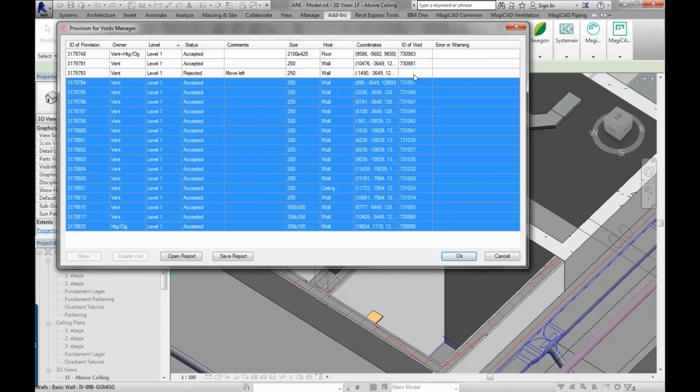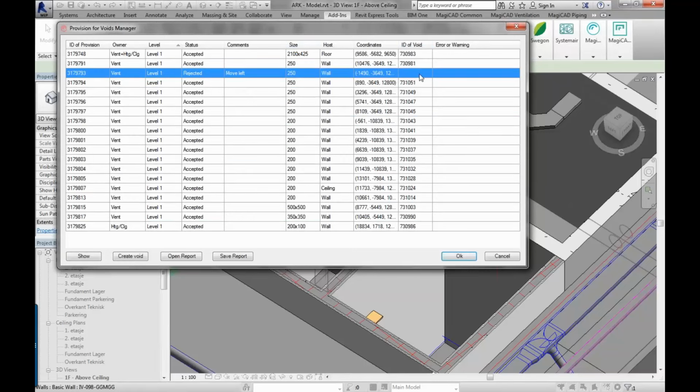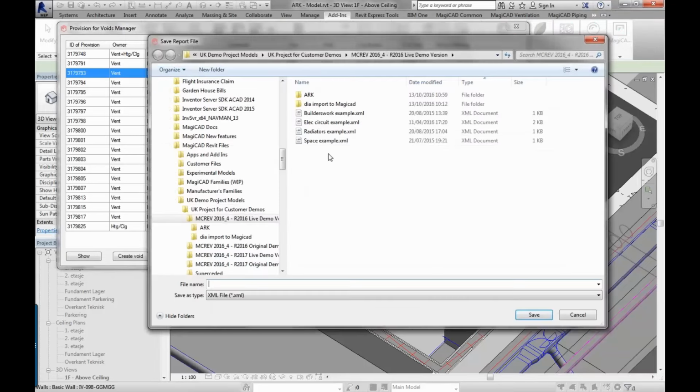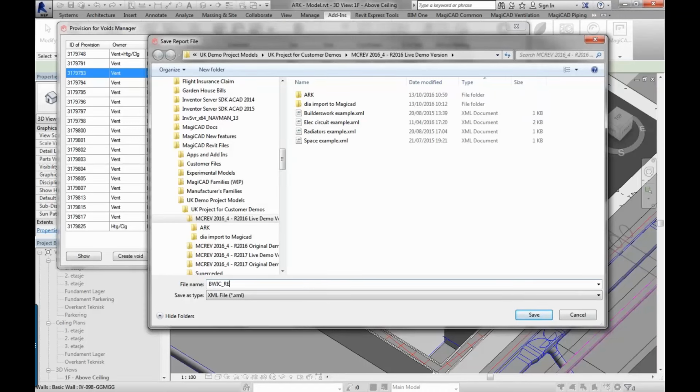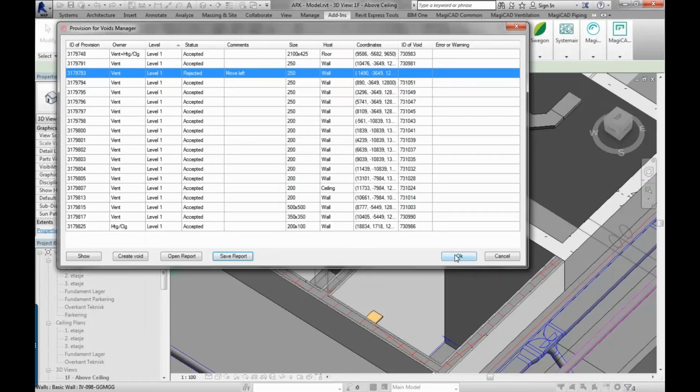And you can see that the actual openings get an ID as well as the provision for it, so they're now linked. The ones that have been rejected do not get created, so that's left blank. And then we can just save this as a report, so we've got a record of this builder's work process. We can just call it builder's work in connection with report version 1, and save that. Then press OK,